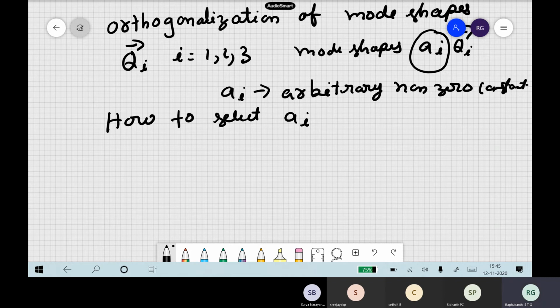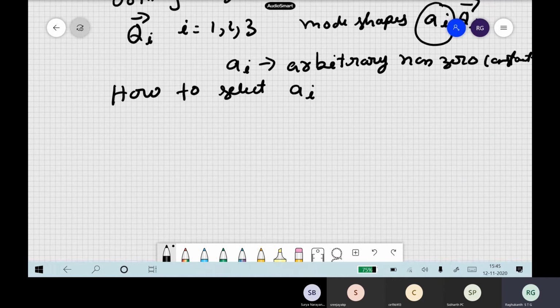See, in multi-degree of freedom systems, you would have studied, right? Eigenvectors, how did you find out, in dynamics? You remember, eigenvectors are orthogonal to the mass matrix also. They are also orthogonal to the stiffness matrix. And of course, they are orthonormal, that property will be there. So you have two choices.